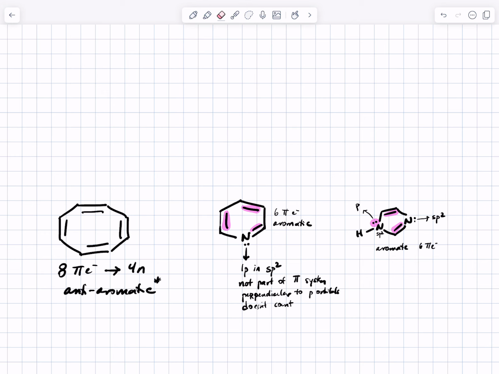So last time we were talking about how to identify molecules that were aromatic versus not aromatic, versus anti-aromatic, and we had discussed the molecular orbitals of the aromatic rings as the basis for the 4n plus 2 rule, or the 4n rule for anti-aromatic molecules. Along the way,